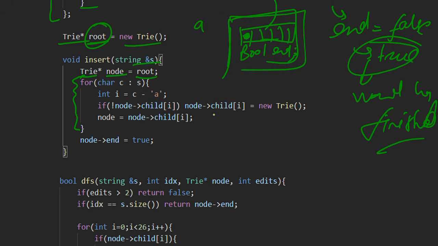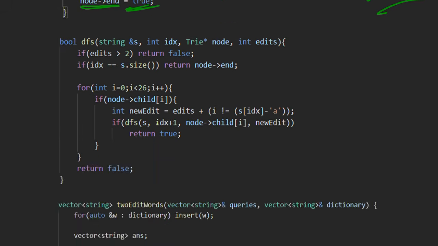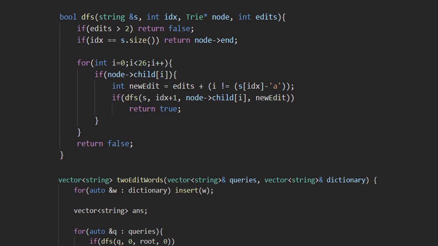If it is null, then we make node arrow child a new node. But if it is not null, then we move to the next node, that is node arrow child of i, right? And at the end, when we have stored all the characters, we mark node arrow end as true. That means the word has finished. So this is the function for inserting a string in the trie.